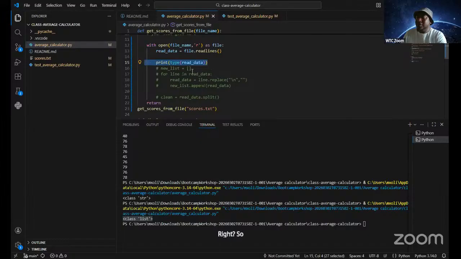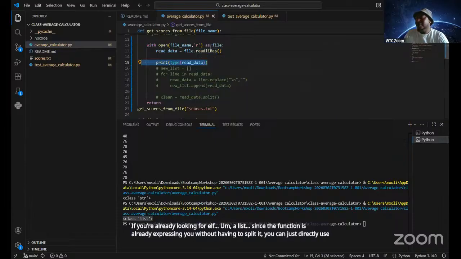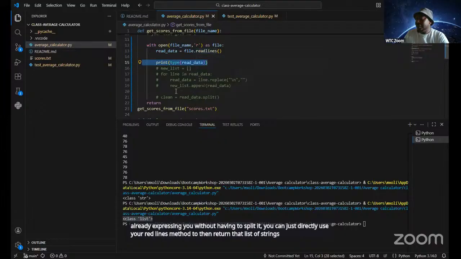So there's nothing wrong with how Pegani did it. But this line demonstrates your understanding that if you're already looking for a list, you can directly use your readlines method to return that list of strings, without having to split it, and just remove the new line character.